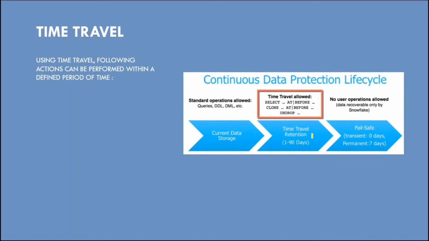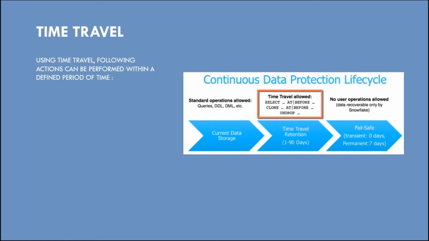Time travel retention period is an important property for time travel, which enables us to retain the data up to a certain number of days in the history. Now let's suppose you have set the time travel retention period up to 90 days, which is the maximum time that is allowed for the time travel retention period, for the employees table. Post this period, the employees table will go to the failsafe zone, where the data is retained for up to 7 days for permanent tables, and for transient tables, failsafe is not allowed.